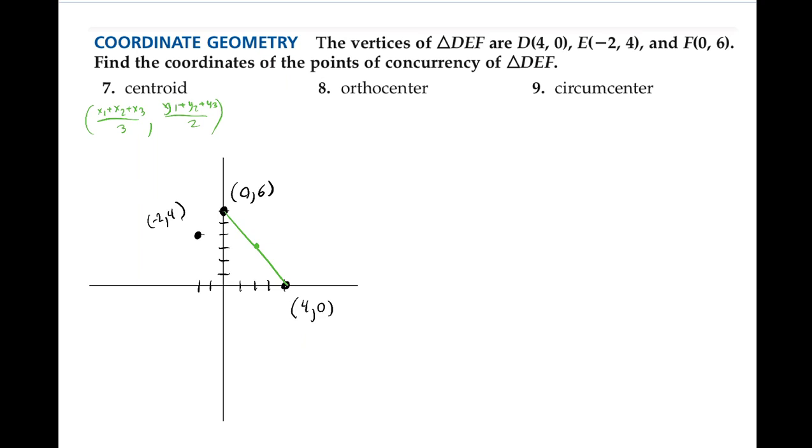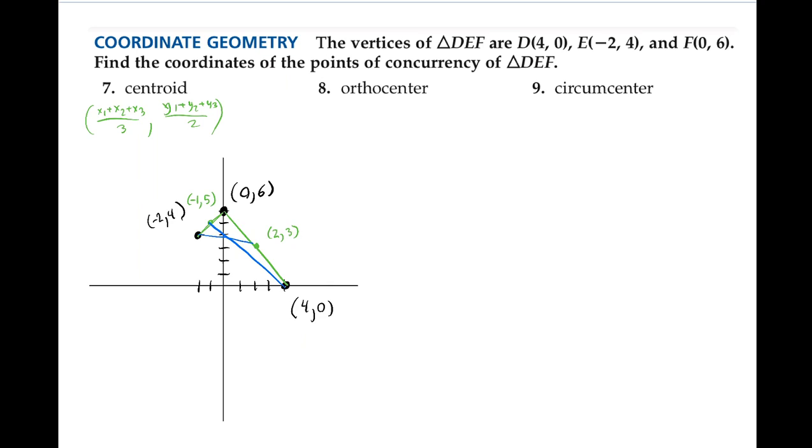So the midpoint here: you add up these two and the average is 2. Add up the 6 and the 0 and divide by 2. So the average there, the midpoint, is (2, 3). And then let's find, I don't know, the midpoint of this side over here for no reason. So the midpoint there is (-1, 5). So that's the midpoint. So now all we need to do then is say, where do these two lines